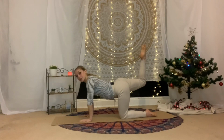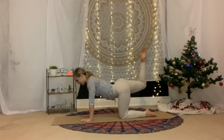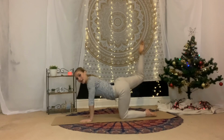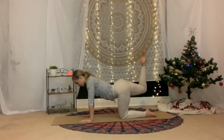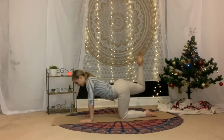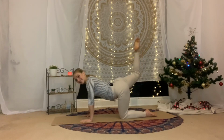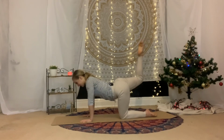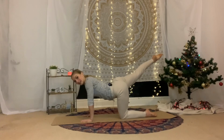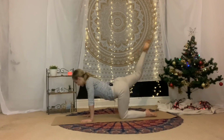The knee comes up nice and bent like so. And we're just going to take a couple of leg lifts here. Here we go. 1, 2, 3, 4, 5, 6, 7, and 8. Gorgeous. And then extend and bend. So inhale and exhale. 2,